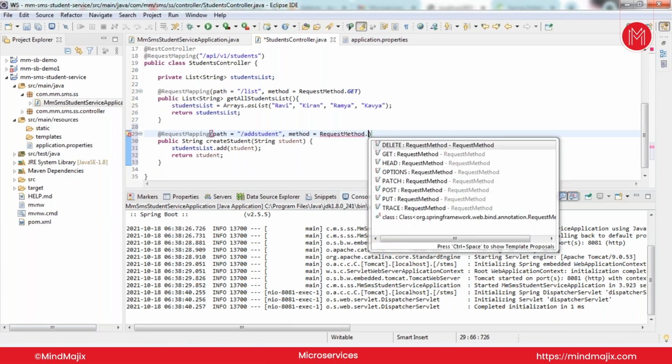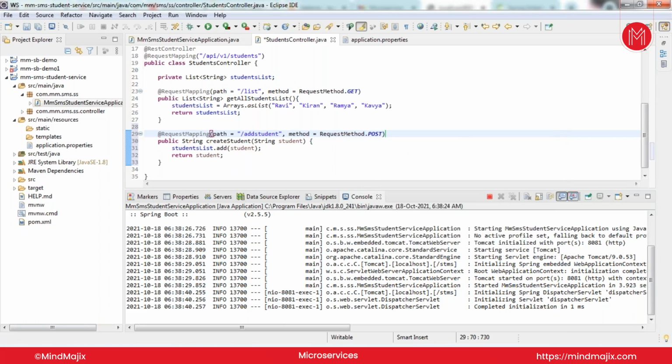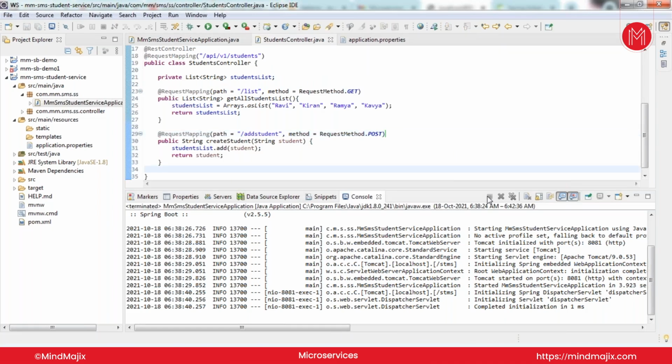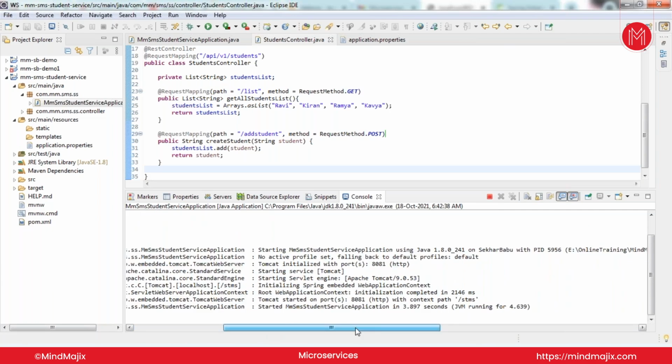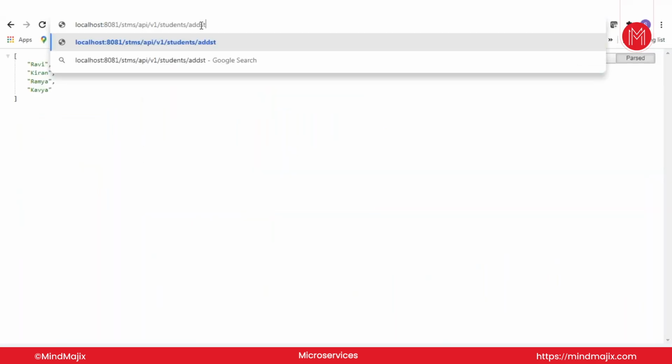Why we want to create a student or add student, like this we can. Let us run the application now. But if I give add student like this,